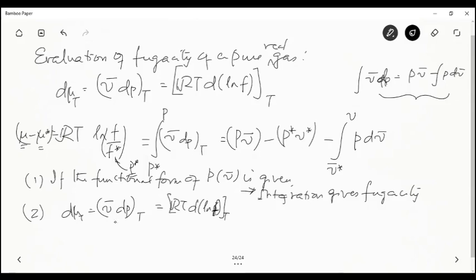Then I can take the RT to the other side. So this expression will basically give me d of log f divided by dP is equal to v bar by RT. Okay,